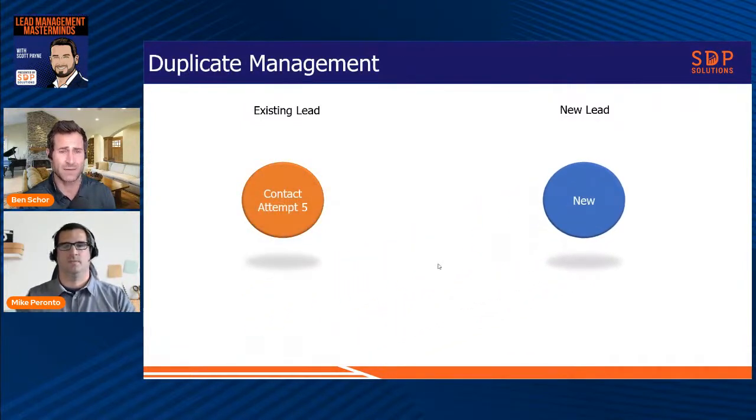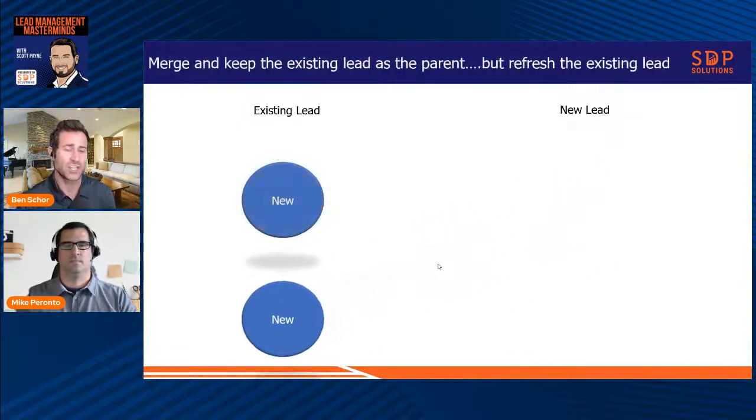It might be contact attempt 5, and you might refresh it as a new lead. Where this can be extremely helpful, again, is when you want to keep your notes, but you also want to kind of treat the new lead as a new lead. So again, it kind of combines the two. There are some things you need to watch out for when you use this approach, but I just wanted to make sure to share with the group because I think many people are not thinking about this.